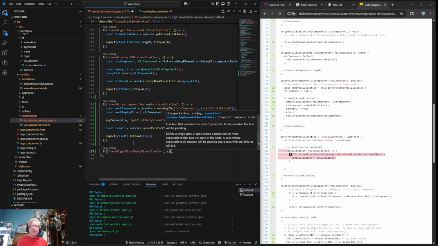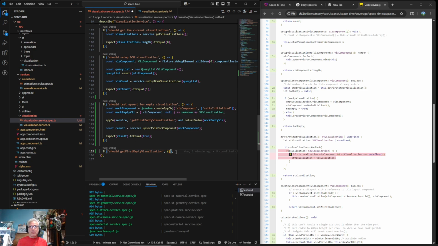And then we give it a function. I guess the string is the expectation, and then this is the assertion function. And so I think we just want this visualization to be something, and then we want to get it back.